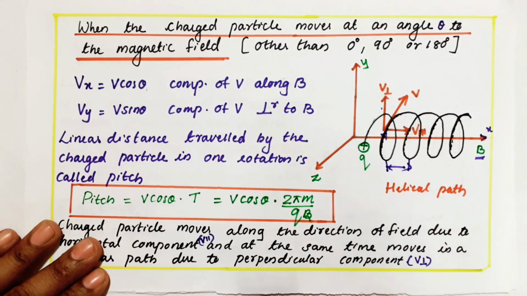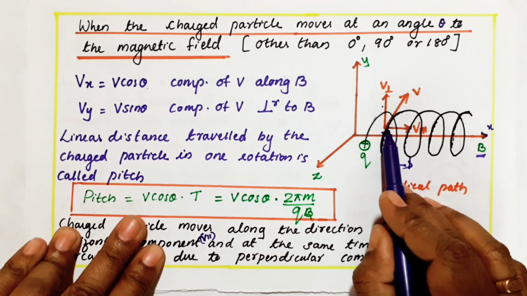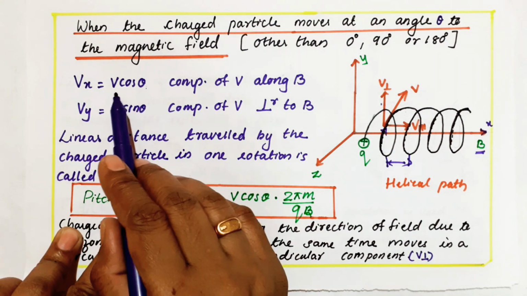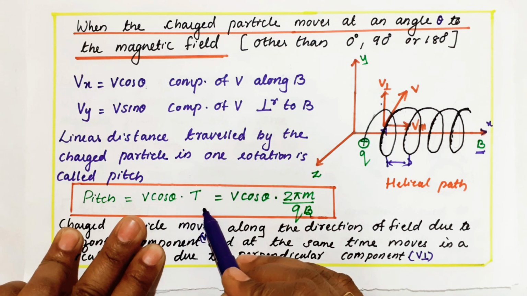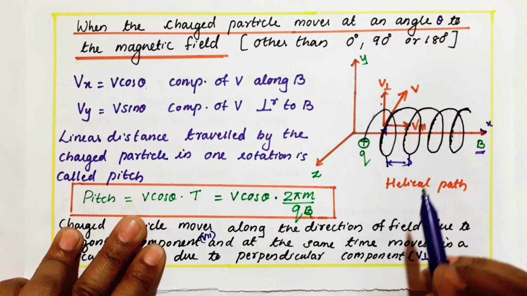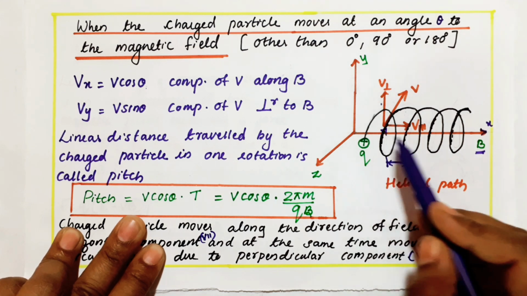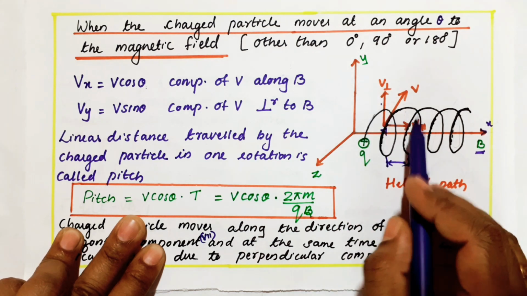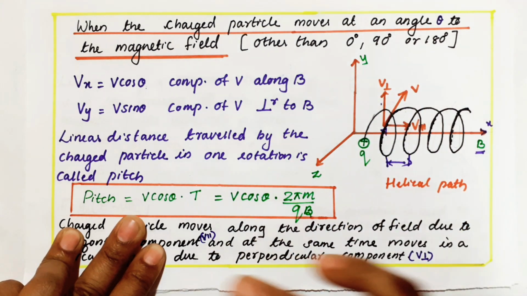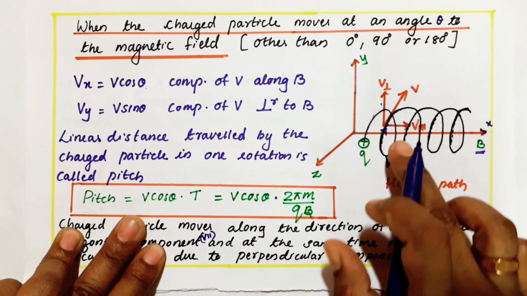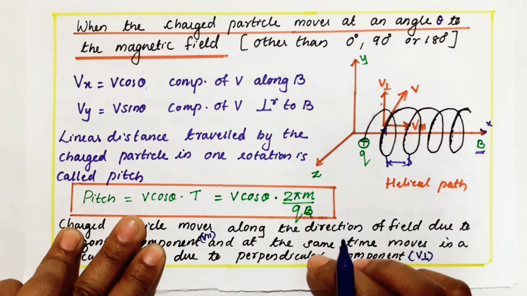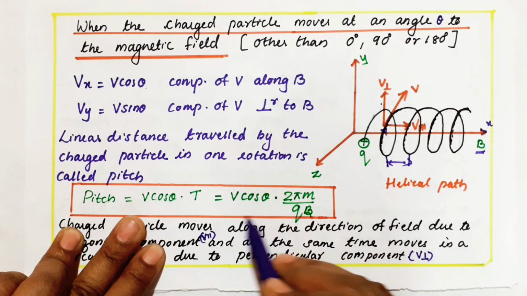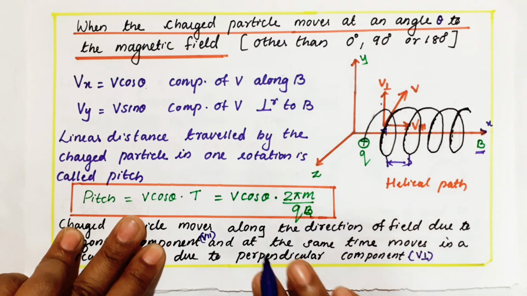pitch. So I can calculate the pitch. I told you the particle is moving forward due to which component? Parallel. So the parallel component is nothing but V cos theta. So V cos theta into T. How to find pitch? Pitch is nothing but the distance moved in one rotation. So when a particle is completing one rotation, how much distance is it moving? You have to remember, in these two components, which component helps a particle to move in the straight path? The parallel component helps a particle to move in the straight path. So I can write here pitch equals V cos theta into T, that is V cos theta into 2 pi m by qB.